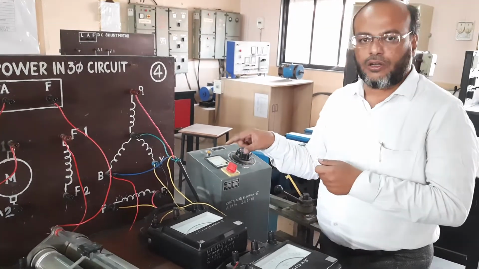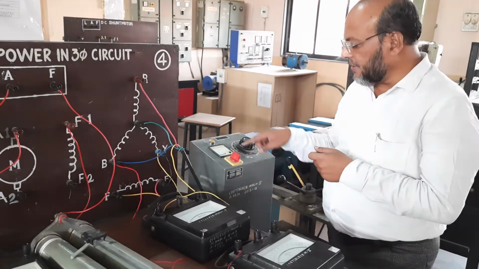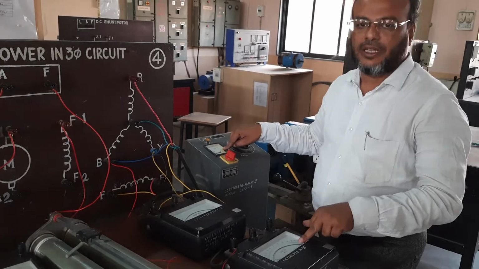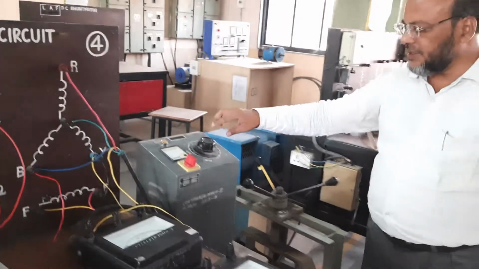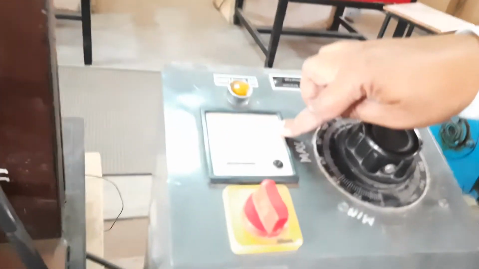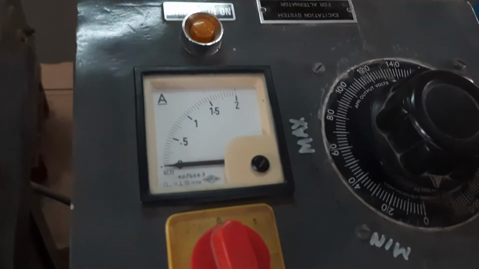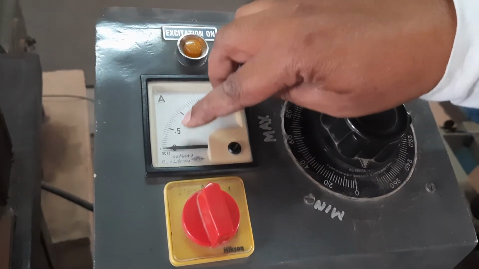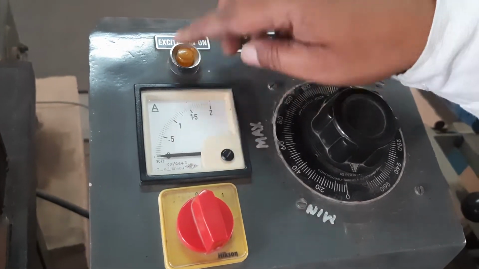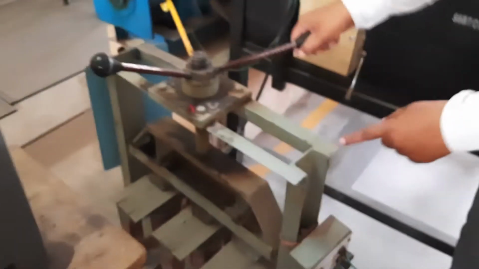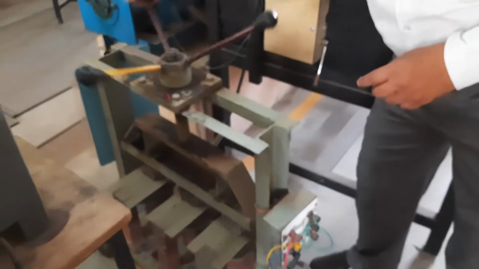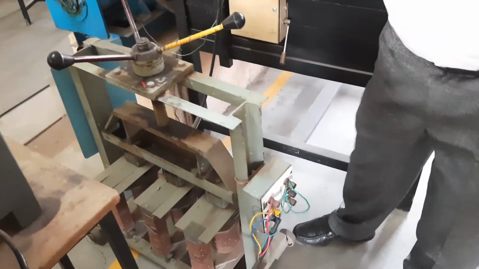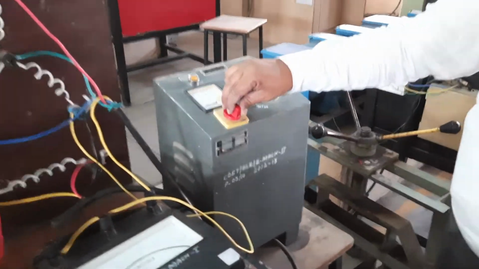So we are going to maintain a constant armature current and take readings of field excitation versus terminal voltage. Just see here, this is the field excitation. It consists of an ammeter and one autotransformer, which converts into the DC supply, and we are able to measure the current in the range of 0.1, 0.2, 0.5 and so on. Now see, this is the inductive load. If you move this handle, the core is going to vary. Okay, so now we will start the DC excitation current.